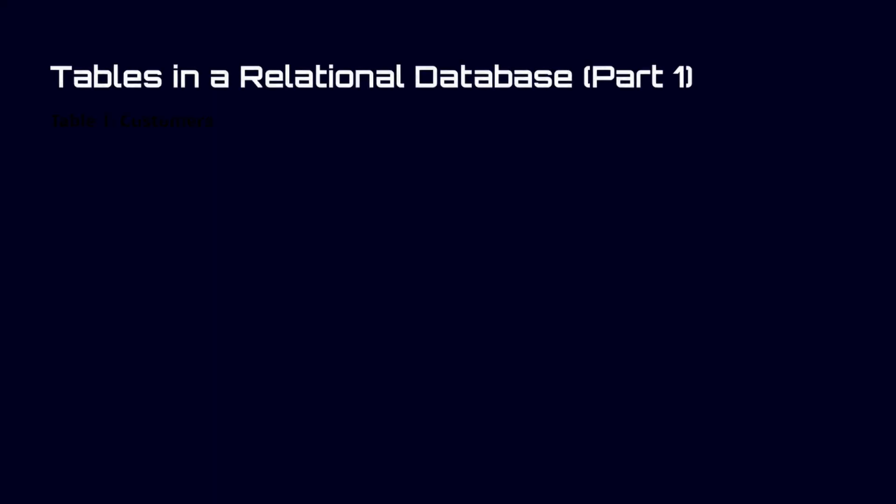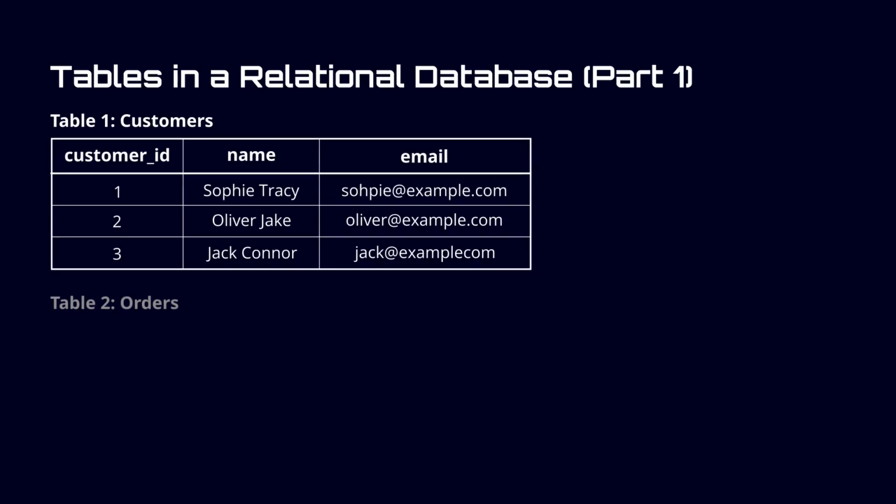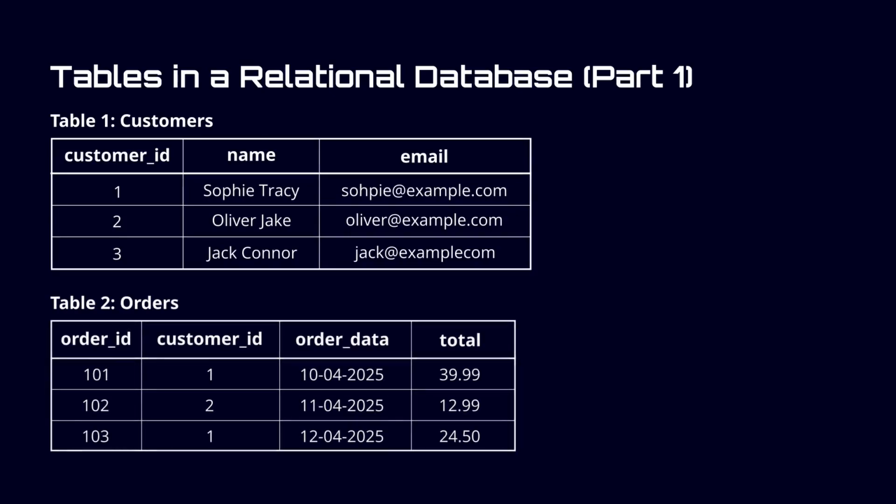Let's take a look at how relational databases store and link data using tables. Here we have two tables from an online bookstore, customers and orders. The customers table stores user information like name and email and assigns each person a unique ID called customer ID. The orders table records each purchase. It includes the order ID, the order date, the total amount, and the customer ID of the person who placed